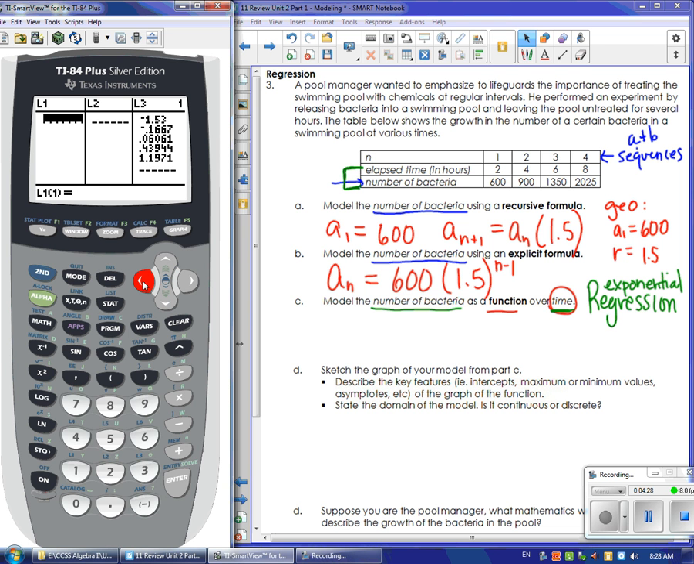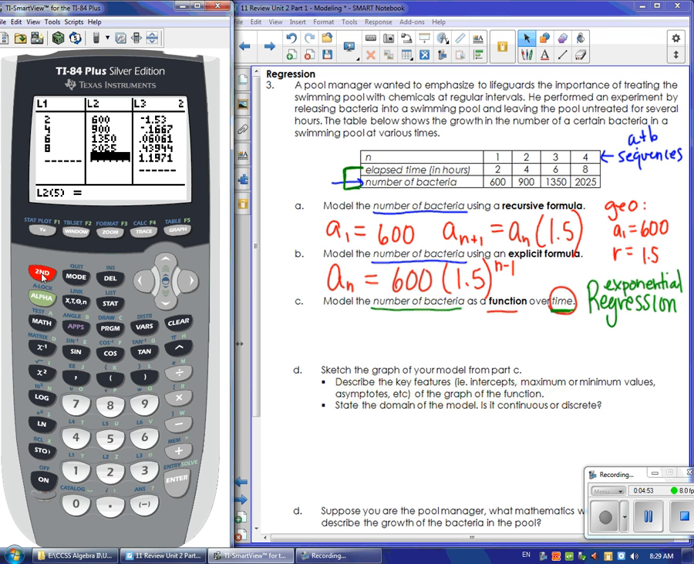And so in list 1, I'm going to have 2, 4, 6, and 8. And then in list 2, I'll have 600, 900, 1350, and 2025. Okay. And so just to confirm that this would be modeled by an exponential function, I'm going to